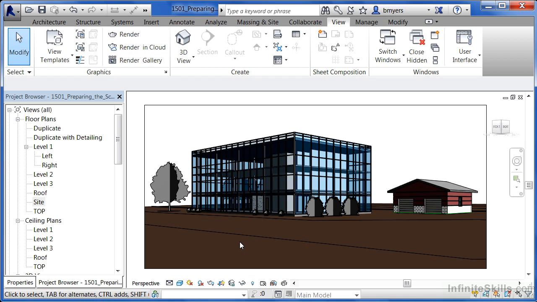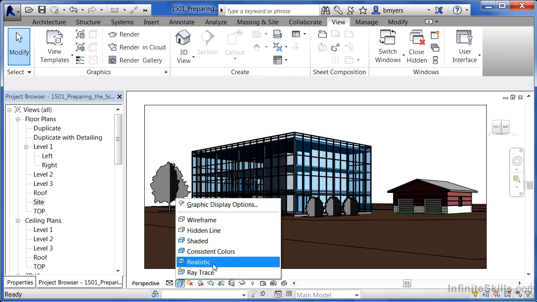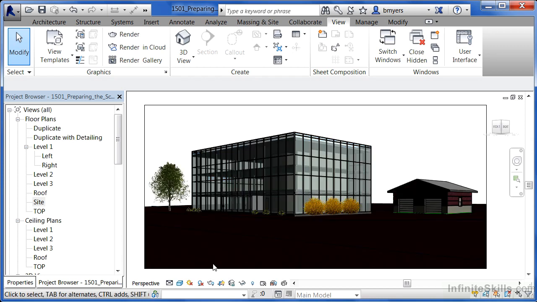In this case, I'm seeing light showing into the building. I'm seeing light coming down and hitting the face of this part of our building. I think that that could make for a fairly dynamic rendering, so I like that. So the next thing is to go back down to that button again, click on Realistic. When you do Realistic, it may take it a few seconds to process depending on the strength of your computer,